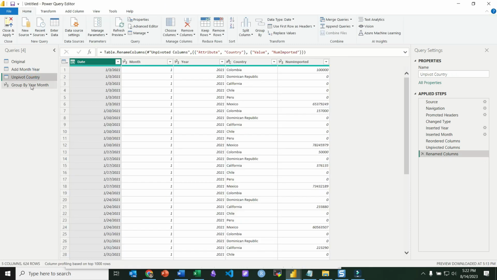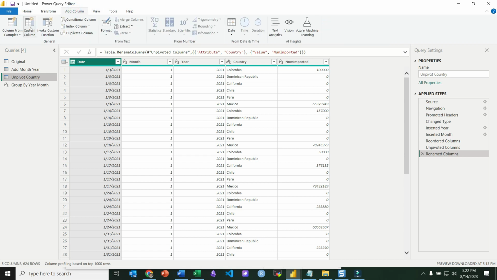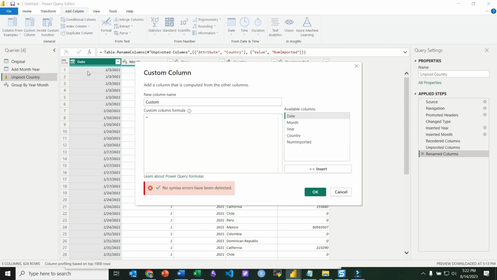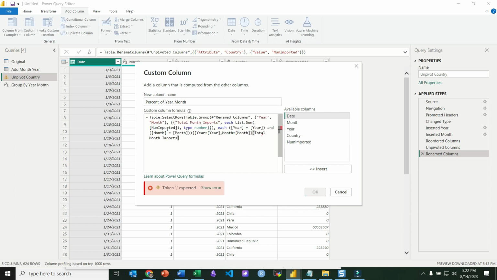I'm going to come back here to my unpivot country, and then I want to add a new column, which I can do with add column, custom column. We're going to call this % of year month. And we'll just start with the denominator first. So sometimes I like to take this in steps. You notice we have an